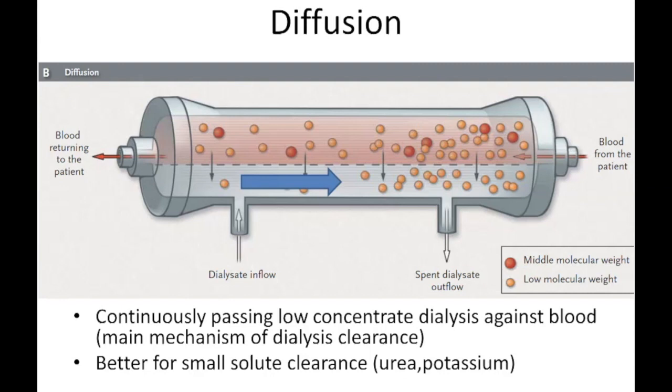But counter current to that will be dialysate. And whatever is in high concentration in either of these two, and is different in the other medium of fluid, that will drive diffusion. And so this is so-called diffusive clearance. When we talk about clearance, we're talking about basically the ability to remove a solute from a volume of fluid. So in this sense, the dialysate that we're pumping into the cartridge has no urea in it, of course, when